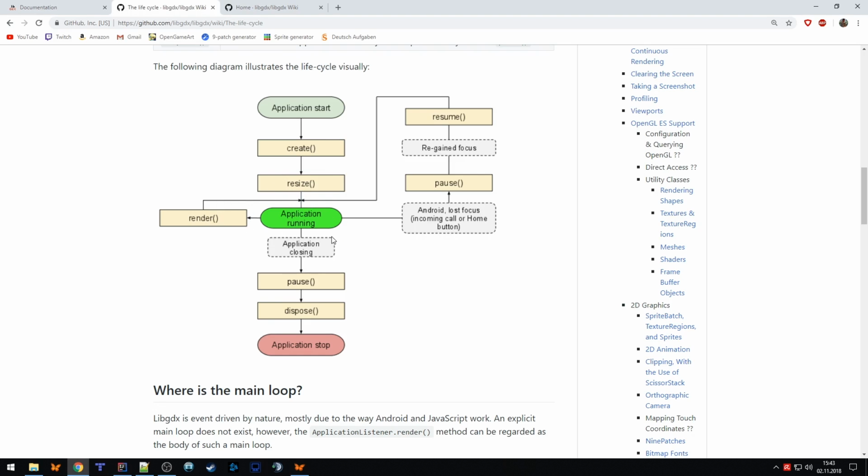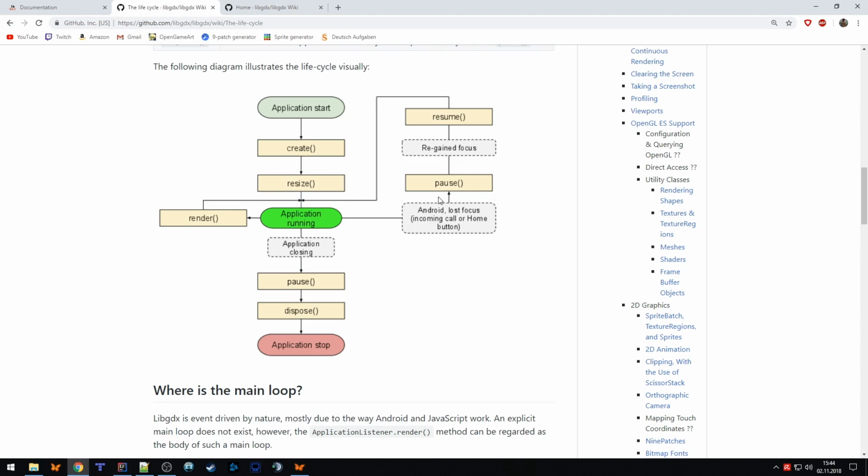Then there's a special case on phones. Let's say you play your game on a phone, then your mother is calling, crap, then you need to pick up the phone, and then the application goes in a pause state because it's in the background of the phone and nothing should happen anymore. So it's paused, the sound stops, some resources are getting freed up so that your phone has enough resources for the phone call and so on.